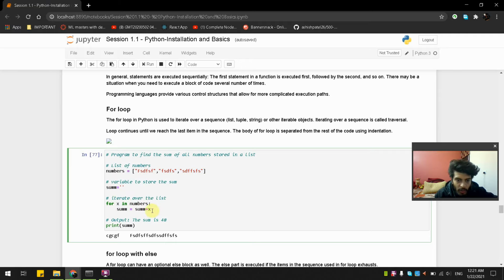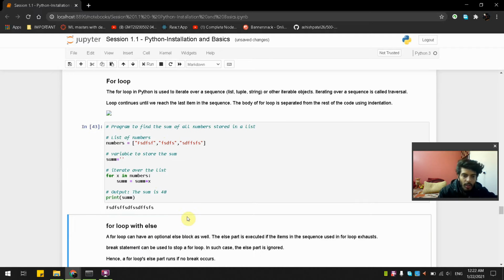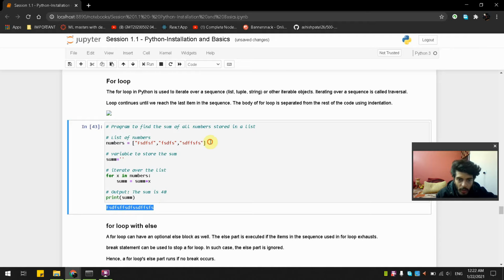So sum is equal to sum plus x. We are putting the sum first, we are going to take this, and then it is going to take this, and then it is going to take this, and it will show us this answer.